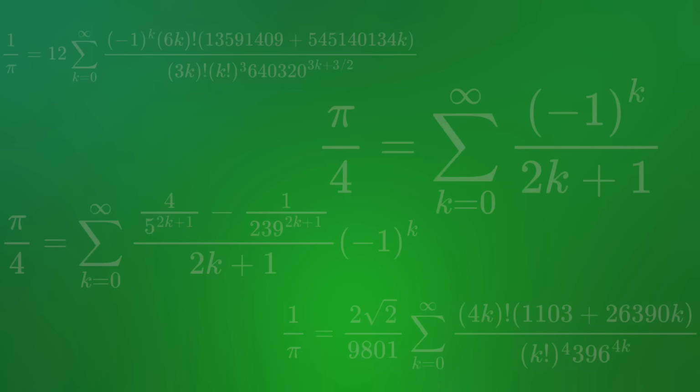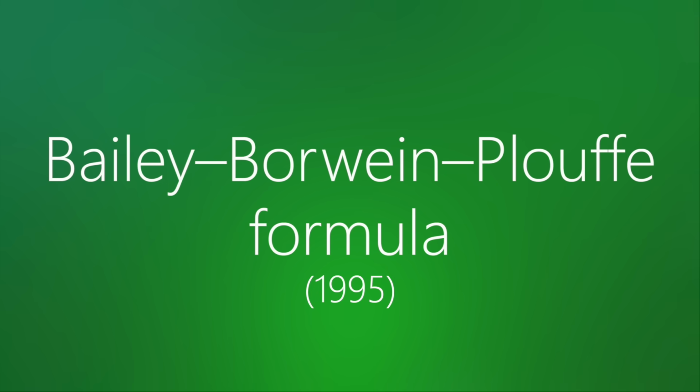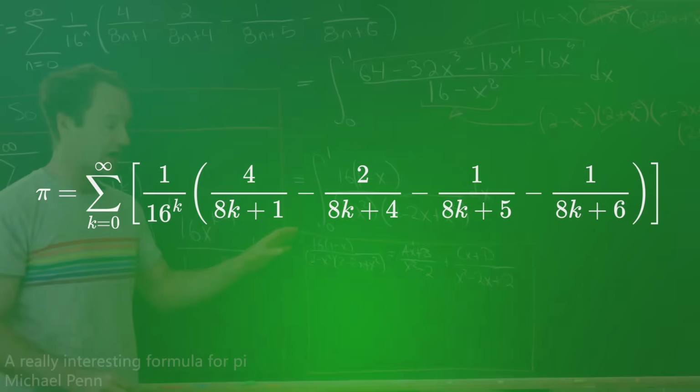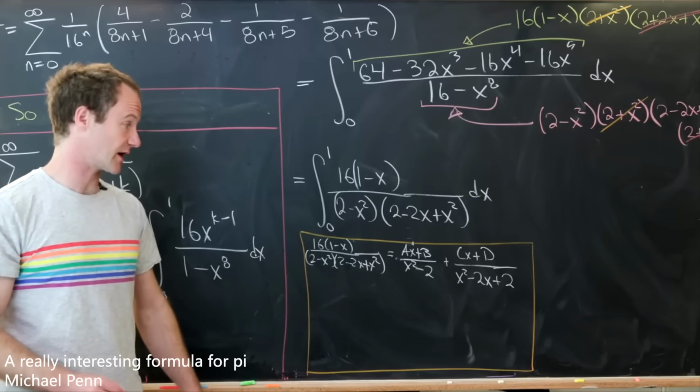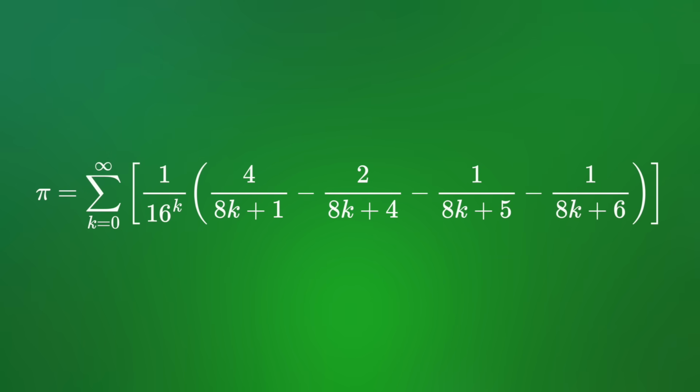The algorithm I chose is a relatively recent one known as the Bailey-Borwein-Plouffe formula, first discovered in 1995, and it looks like this. You can get it from some weird integral tricks, which I think Michael Penn does a good job of explaining. What's most notable about this formula in particular, though, is that it gives an efficient digit extraction